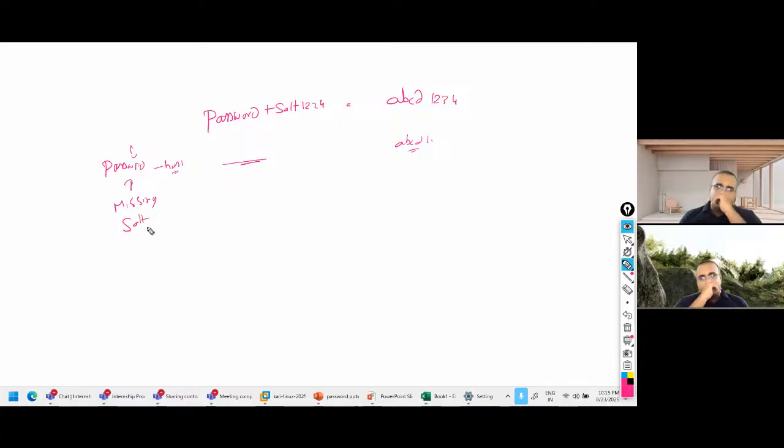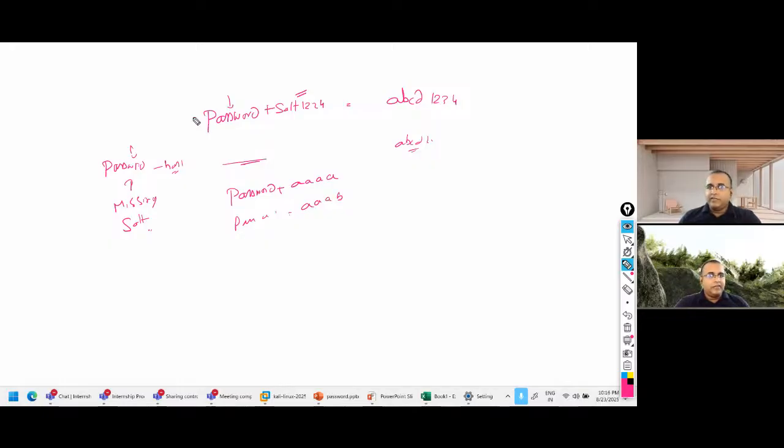So for breaking this, I have to brute force that particular salt. Remember, a password is predictable, you have to remember it, you cannot completely randomize it, but salt can be random. There is no rockyou.txt file for salts because it is completely random. So even if it is 4 characters long, I have to start with a, compute the password with a, and keep on going like this, right?